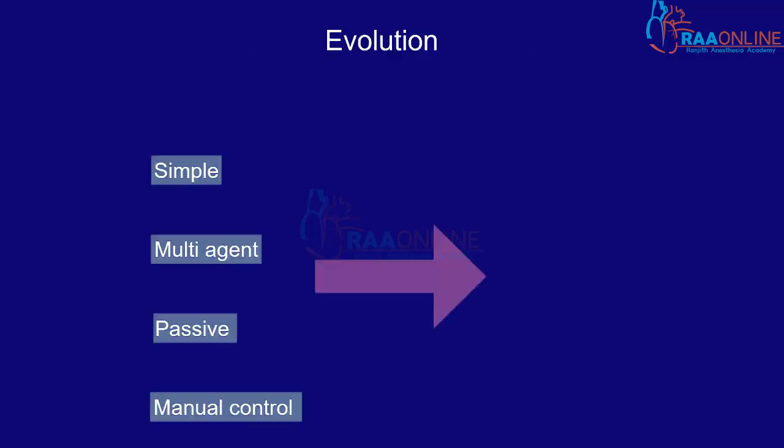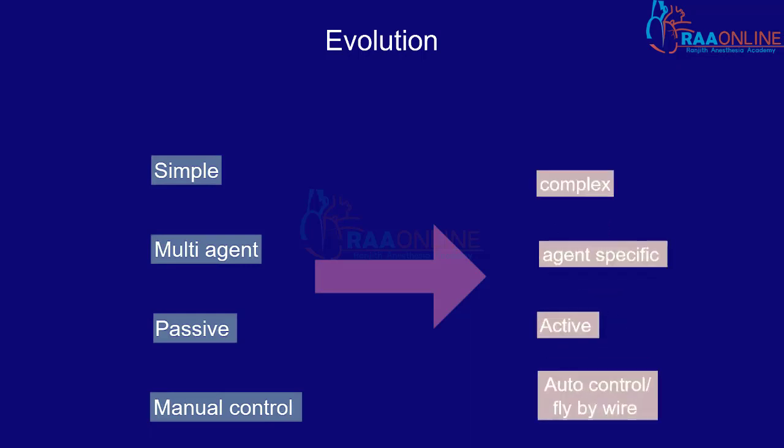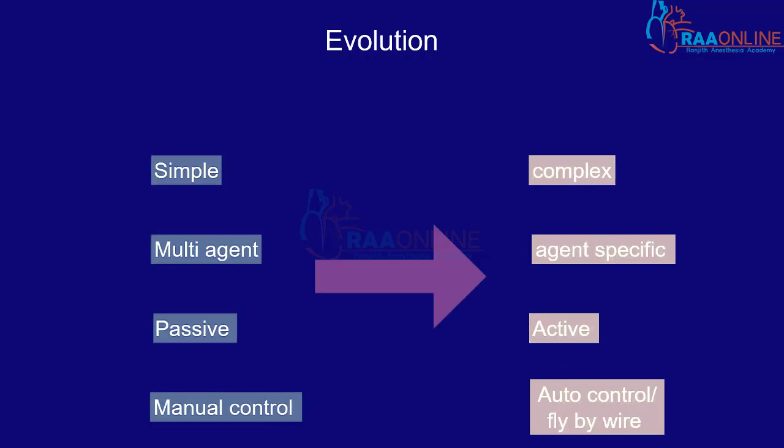If you look at the evolution of vaporizers, the first vaporizer and a few that we will see subsequently were very simple, and the same vaporizer was used for multiple agents. You could use more than one agent in the same vaporizer, and it used to be passive. That means vaporization was passive, with no active elements added, and most were manual control. Even now we are using many manual controls, but the evolution has changed. So it has become a more complex device and it has become